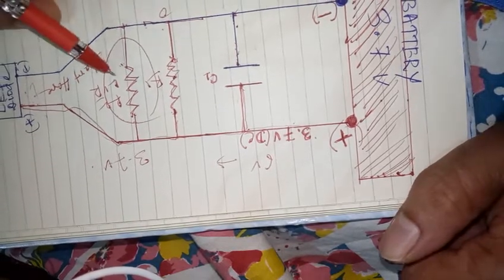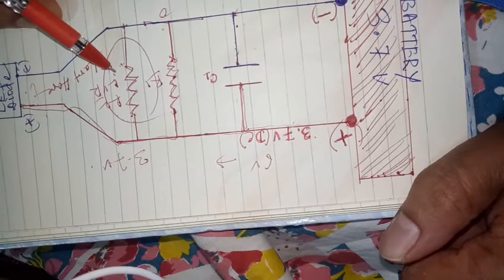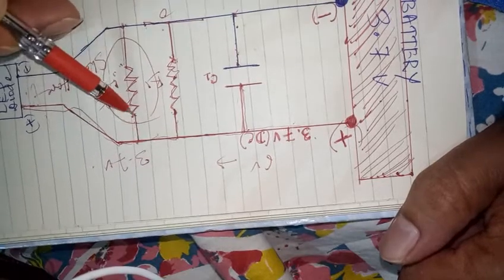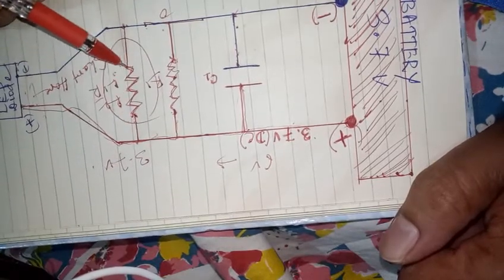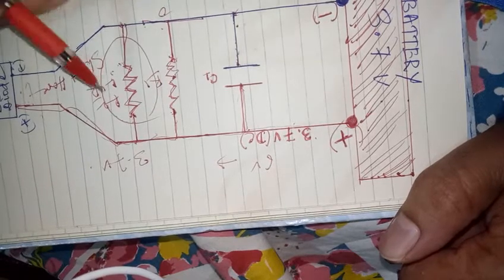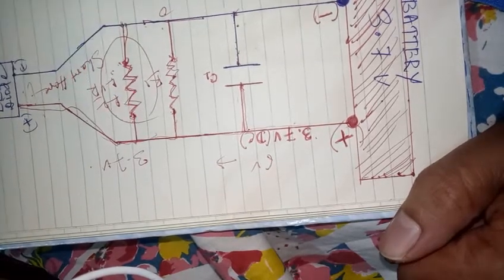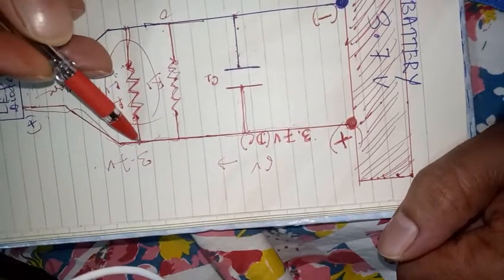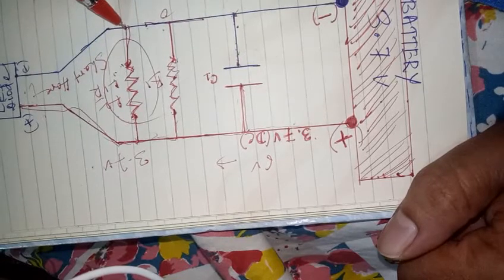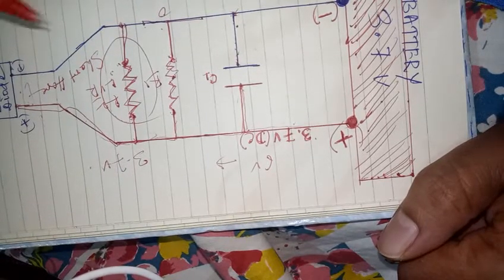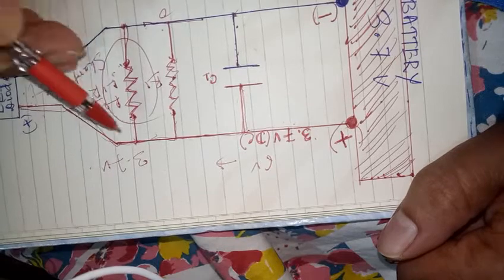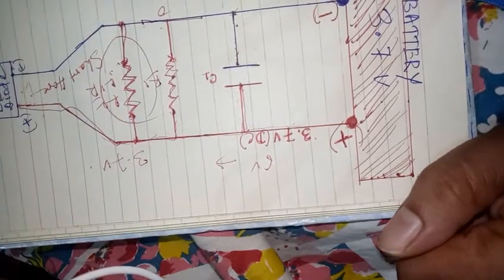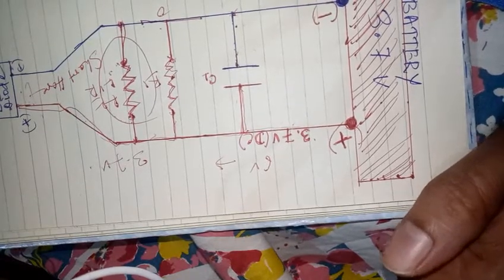If you place a low value resistor here in series connection, the voltage will be grounded. All the voltage will be grounded. You will see a beep here and a beep here. It means it's a short. If you connect the positive to the negative, what will happen? It's directly connecting positive with negative. It means it's a short circuit. Hope you understand. Fine. Thank you.